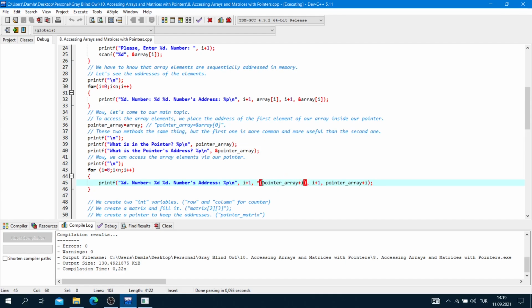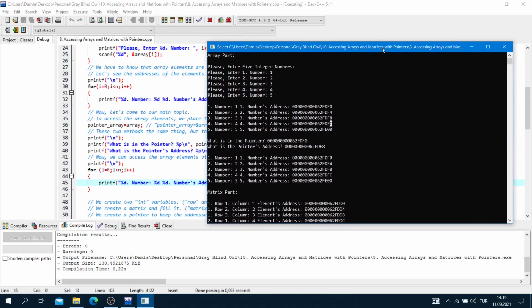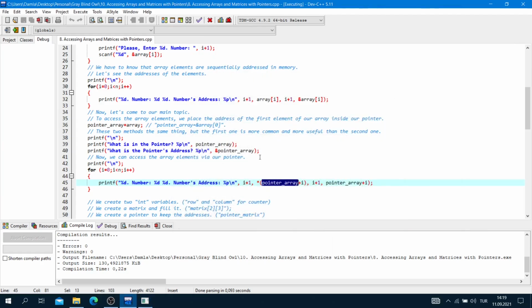At this address, 4 bytes. Okay, as you can see, 0 plus 4 bytes is 4, 4 plus 4 bytes is 8, 8 plus 4 bytes is C, like that. So we add only 1 unit here. This means 4 bytes added.